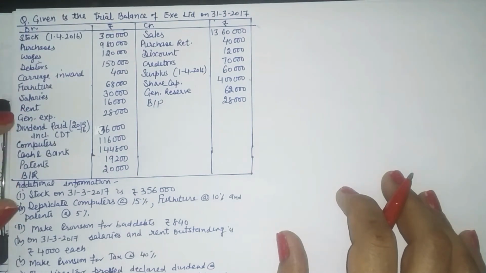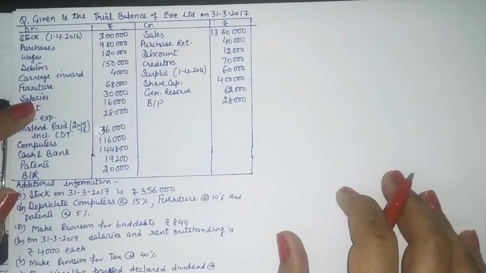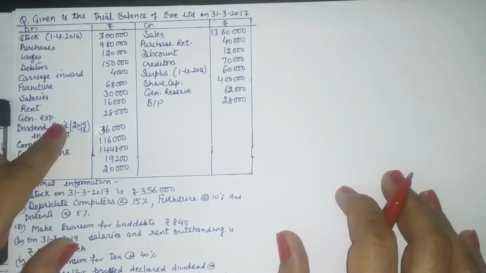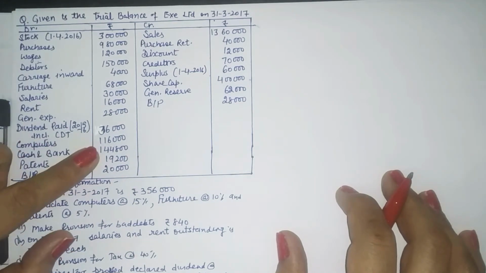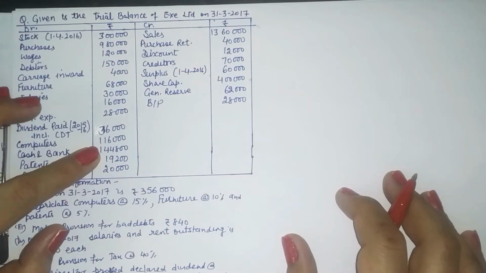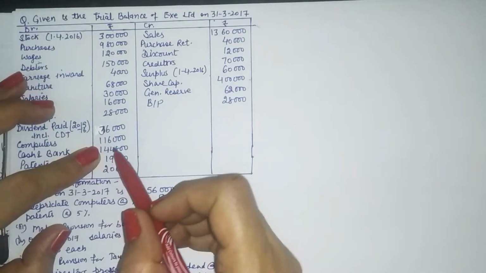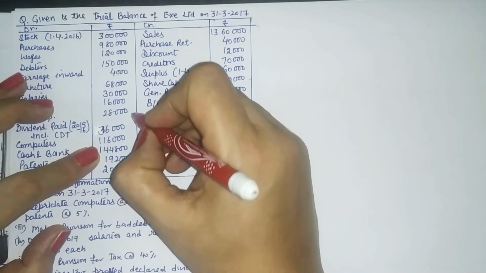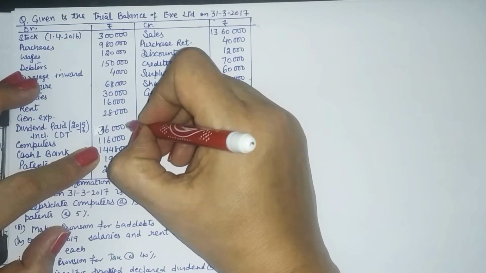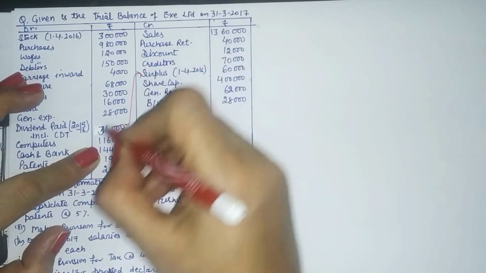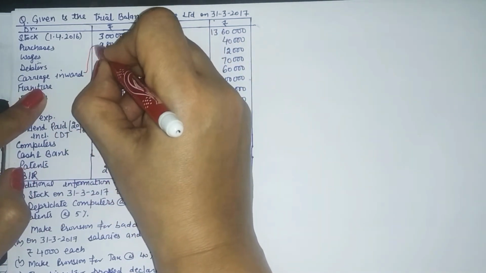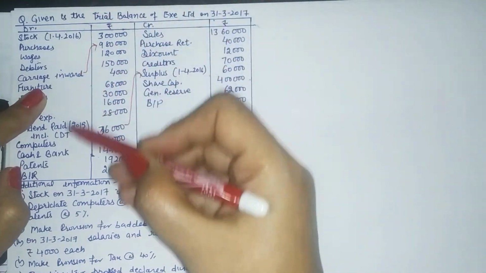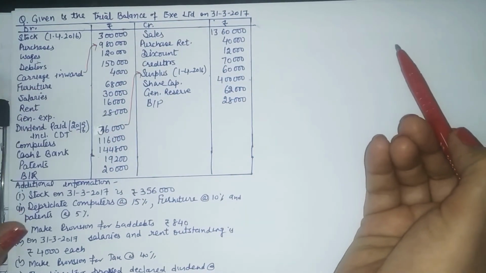Furniture is your fixed asset, salary, rent. Now salary is employee benefit expense. Rent will come under other expenses, general expenses. Dividend paid. So you have paid dividend including CDT, that is corporate dividend tax. So you need to appropriate this out of surplus. So we can either mark this with surplus, that this is to be adjusted in surplus. Likewise, carriage inward can be marked with purchases. So we need to know this when we are making the final statement.